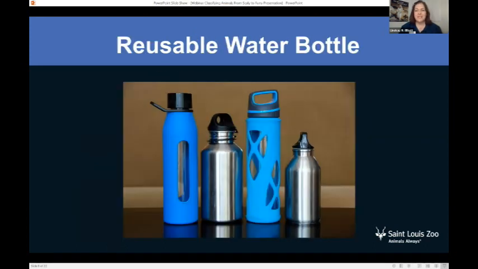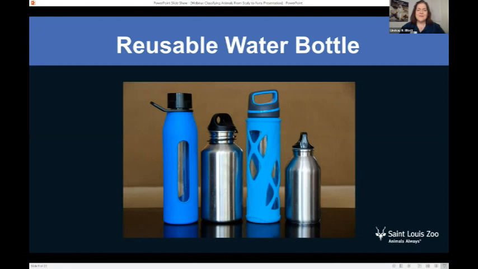Guess what? Have you ever seen these reusable water bottles before? Does anybody at home have a bottle like that? You can let me know in the chat. I love seeing what you guys are typing down there. Yeah, you have a reusable water bottle? So do I. That's fantastic. You guys, guess what? You're helping fish. And actually, all animals. If you use a reusable water bottle, that saves energy, it saves water, and you can help out our wild fishes. That's awesome, you guys. I'm so glad to hear that.